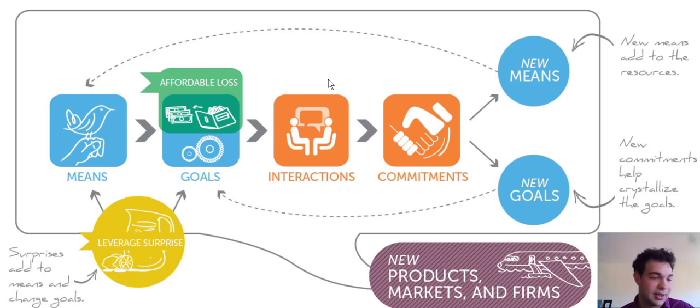Because even with stacking the deck in your favor, you're not guaranteed success. And you need to be able to do this a few times. So you're going to use the affordable loss principle. Okay? So now once you've selected those goals that match with the colored balls you have, so you can pour those balls into the bag and then follow the goals that select those balls out, you're going to take those people you already know and use them to create commitments with them. You're going to create partnerships.